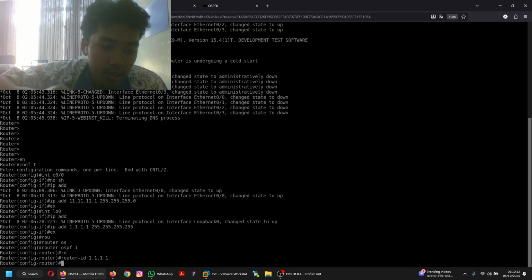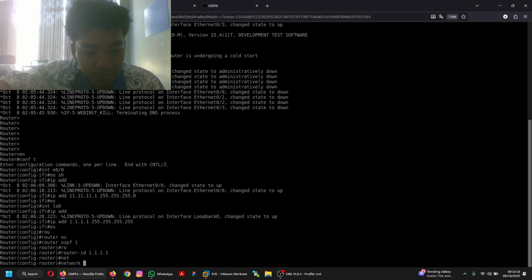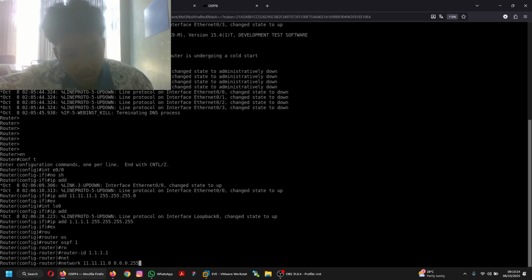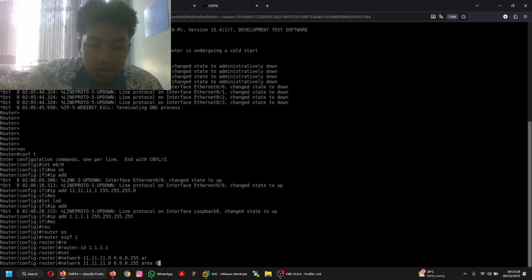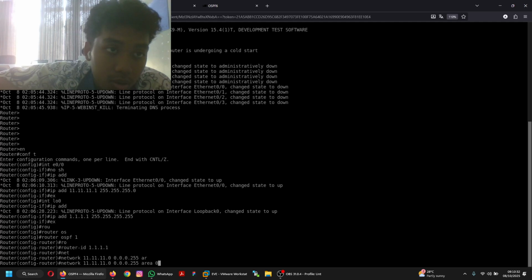So just type router-id 1.1.1.1, and you can type network 11.11.0 and then the wildcard mask. It's mandatory, and then don't forget the area. So whichever area you want to put into the router, area 0.